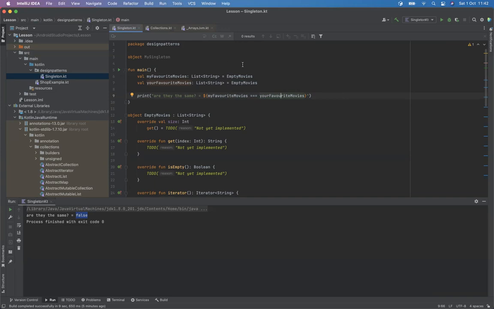Bavitra? Would it be true now or false? This also false. Okay, why? So we're checking whether these two variables here are pointing to the same object. Are they